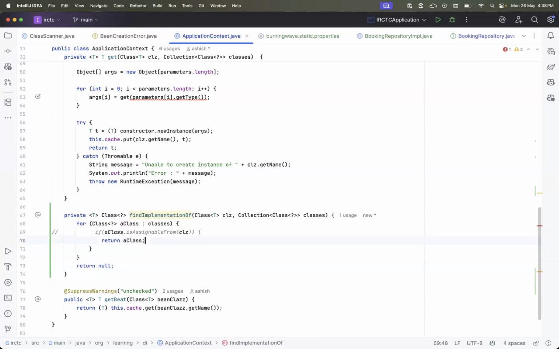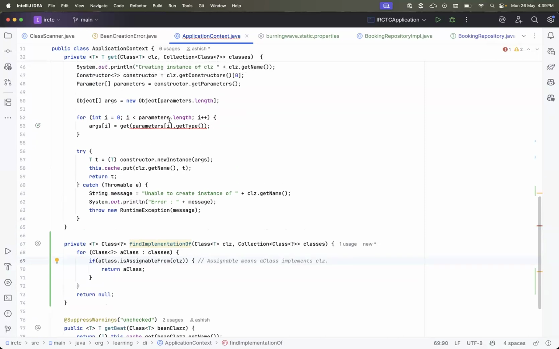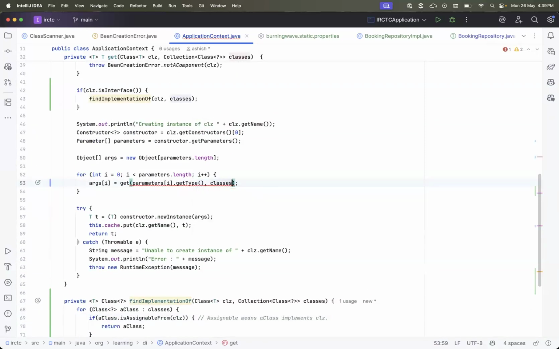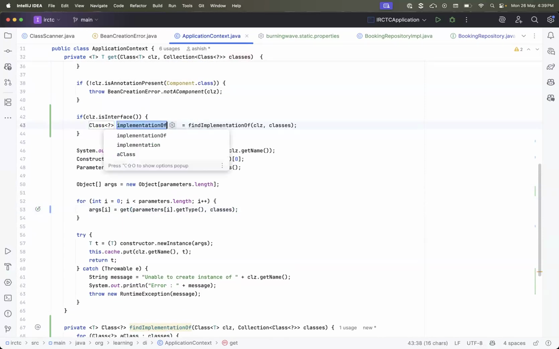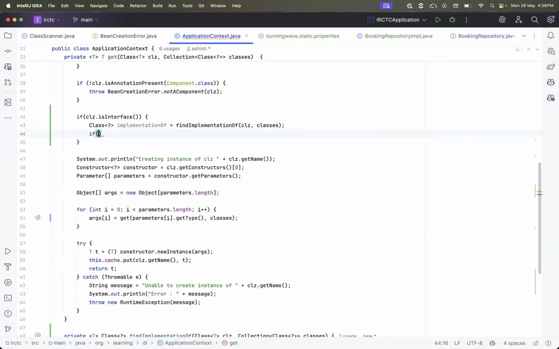Otherwise null. Assignable means a class implements class. Okay, so this is how we will find our implementation class, and once we have that, if implementation class,